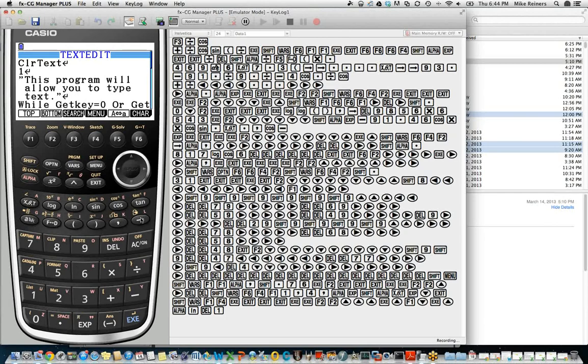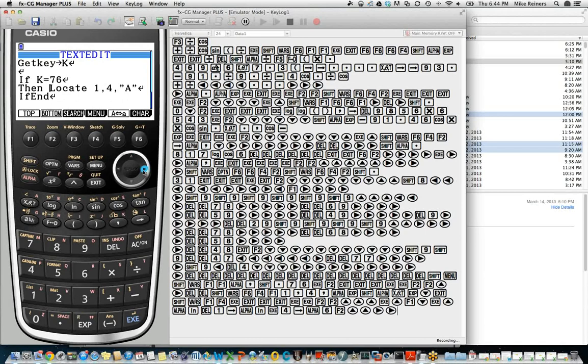So we're going to say 1 store into variable C, and press execute, and then we're going to store 4 into the variable R for row, way at the beginning of our program. Now we're going to go down to the bottom, and we're going to change this locate command. Instead of just specifically saying 1, 4, we're going to make this command more powerful by saying, you know what, we want you to locate at column C and at row R.